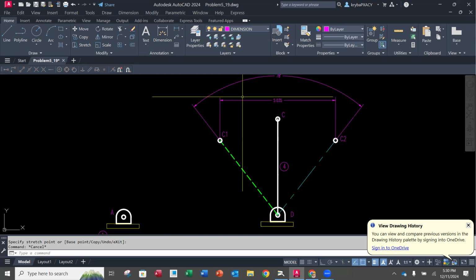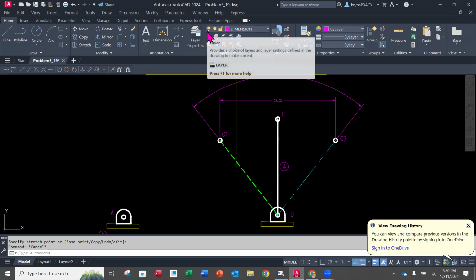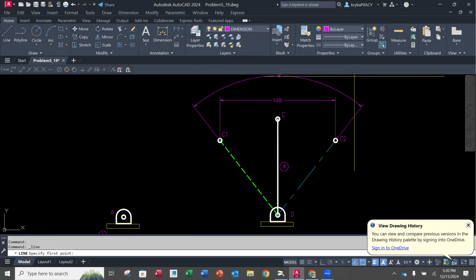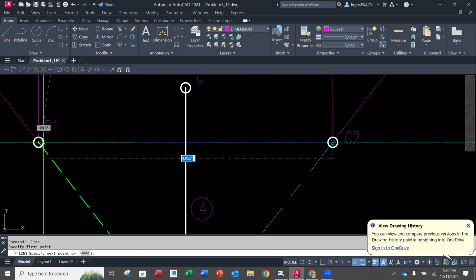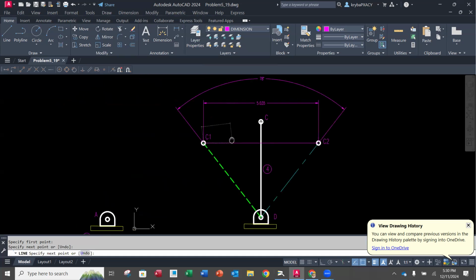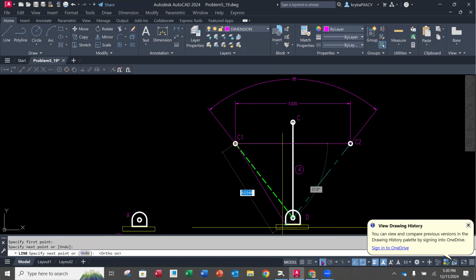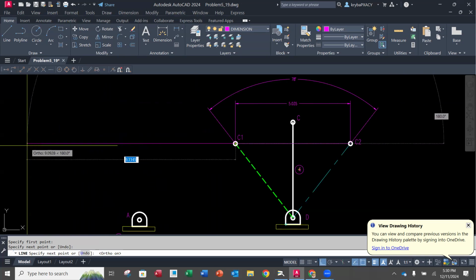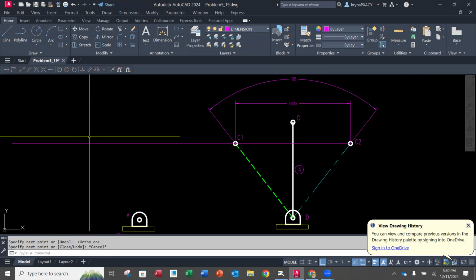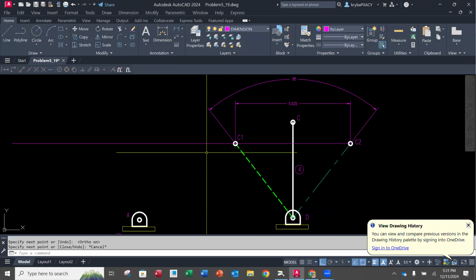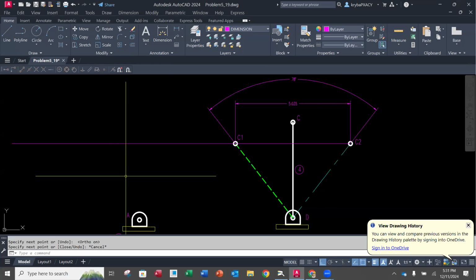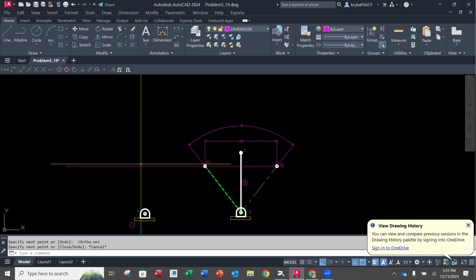So that means that we are going to draw a line. Let's see what color I want. I'm going to leave it on the dimension layer. And I'm just going to draw a line from C1 to C2. And then I'm going to extend it horizontally along that line a random distance, okay? Now, if this was tipped at an angle, you would extend it out past. Now, somewhere on this line is where I'm going to position